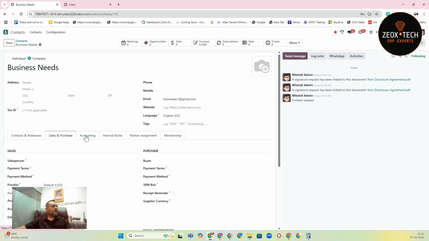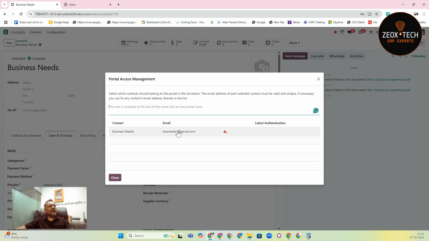Okay. So do you find any portal access? You don't see it here. We have to go here and grant portal access. When you go to grant portal access, you will find what you're finding. There's a no. Okay, so what is happening here, instead of identifying this portal, which is already there in